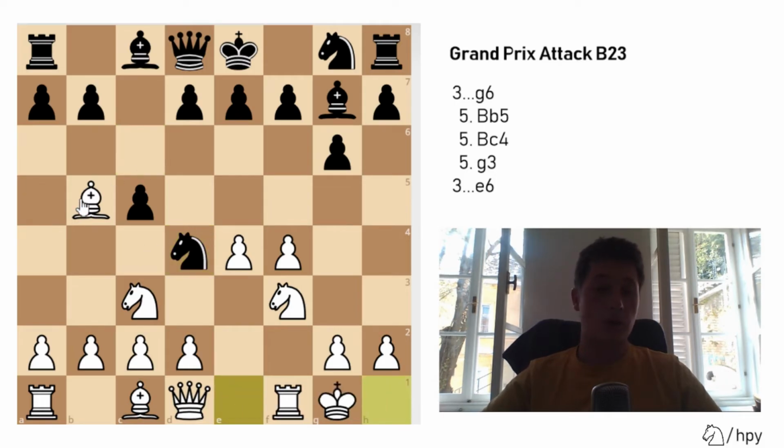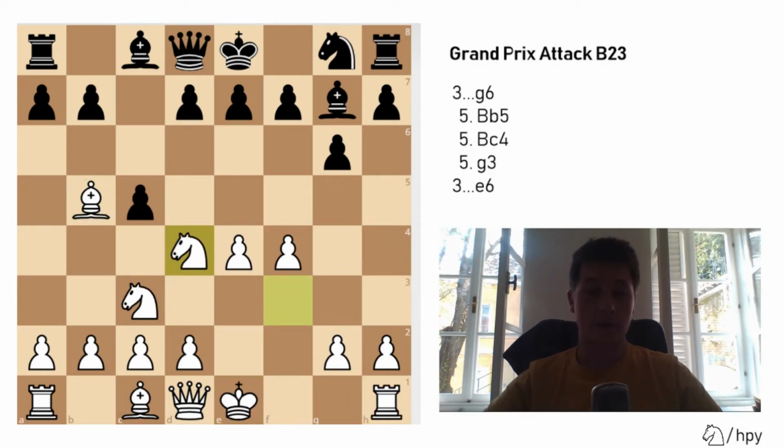And once again, you want to exchange this bishop for this knight. And if the knight captures, then the knight has lost the tempo virtually. So I think that White should be happy if Black takes here and you capture...